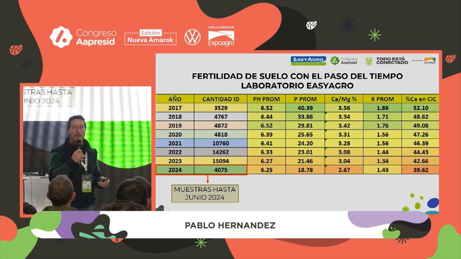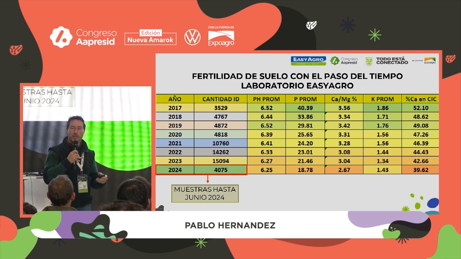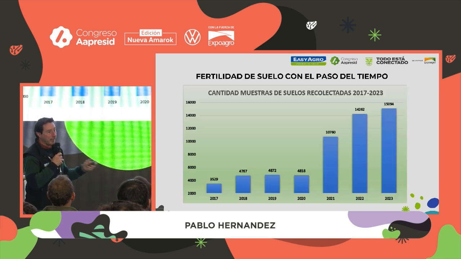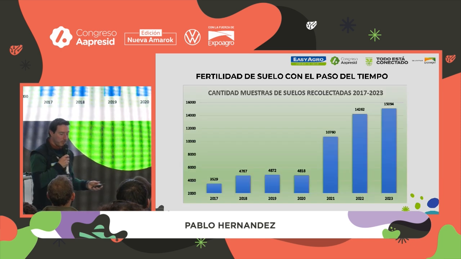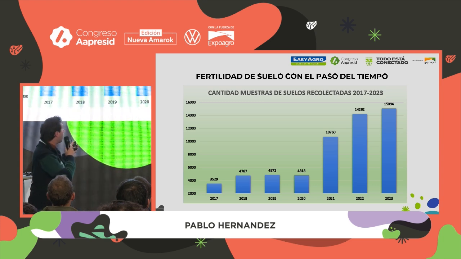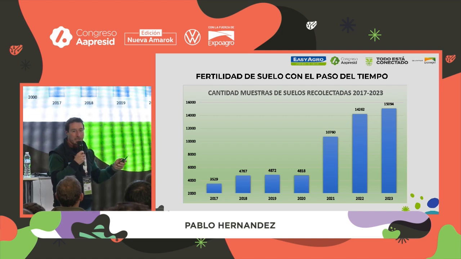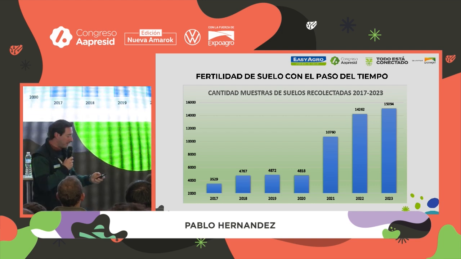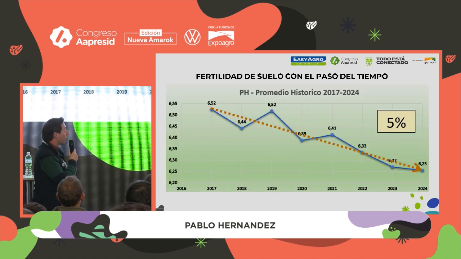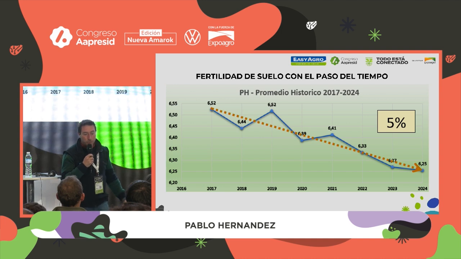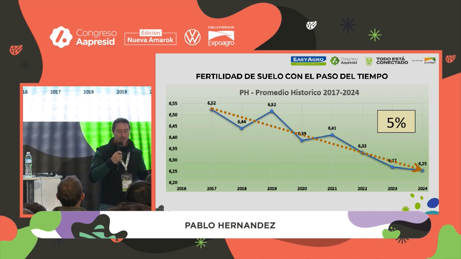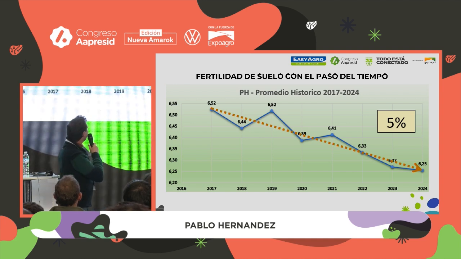Soils are being degraded. If we don't start doing the right rotation and the right fertilization, we will have more and more problems as time goes by. And this is just to show you the analyzed samples and the fact that the problem is becoming worse as time goes on. When we analyze the parameters, look at the pH from